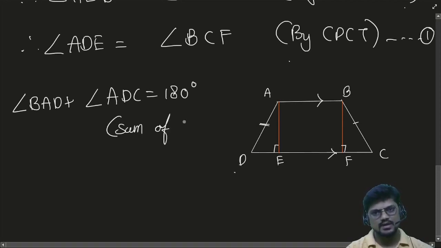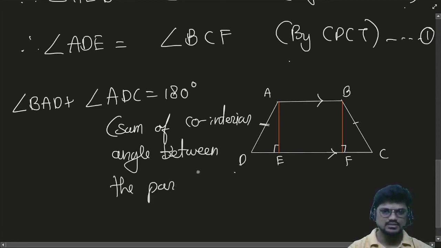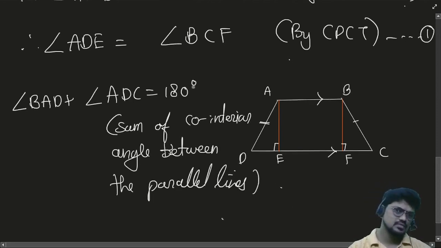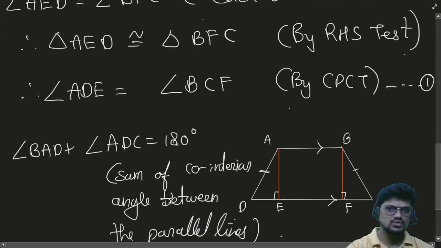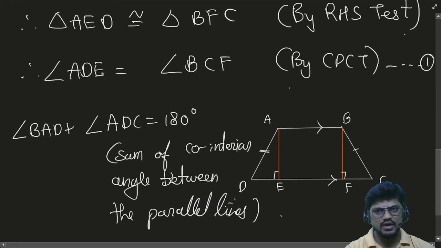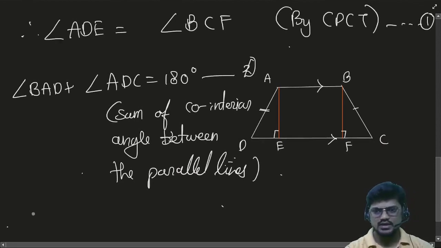Sum of co-interior angles between the parallel lines. Okay, the sum of these two is 180 degrees. But we already knew from 1 that ADE is equal to BCF. So instead of ADE, can I write BCF over here? Yes, sir. If I say this is 2, from 1 and 2,